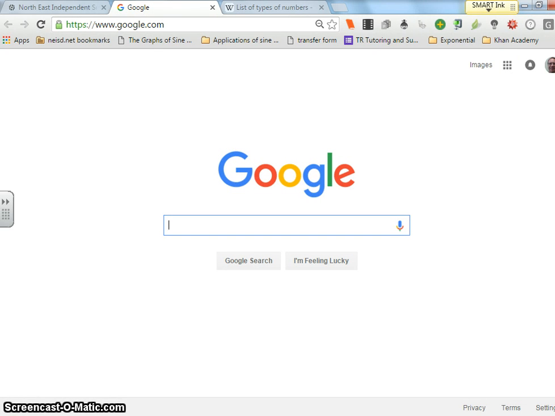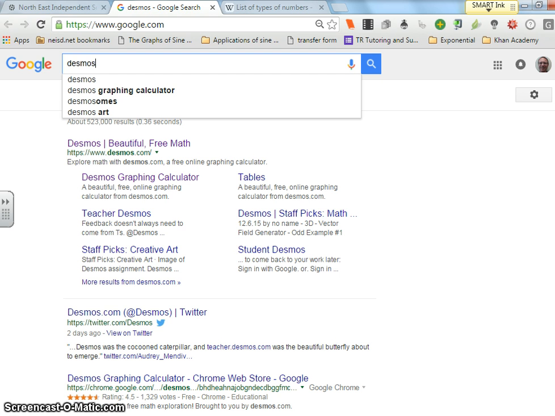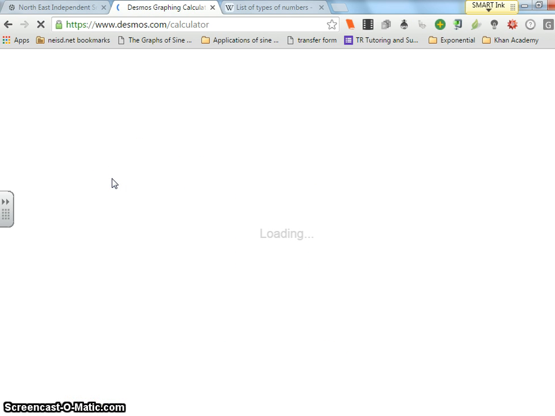Hey guys, we're going to go ahead and look at a graphing calculator on the internet called Desmos. So, take what notes you think you need. You're going to go to the Google search, or any search bar will work, and type in Desmos. As you can see, in the background, we're looking at the Desmos graphing calculator. Clicking on that,